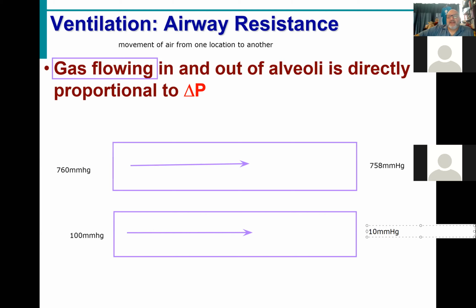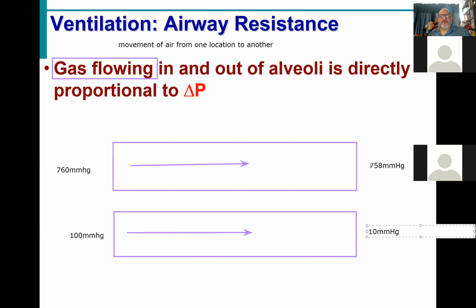Again, just like concentration gradients, the steeper the gradient, the faster diffusion occurs. So the steeper the pressure gradient, the more rapidly air is going to flow. And again, it's directly proportional. So in this case,